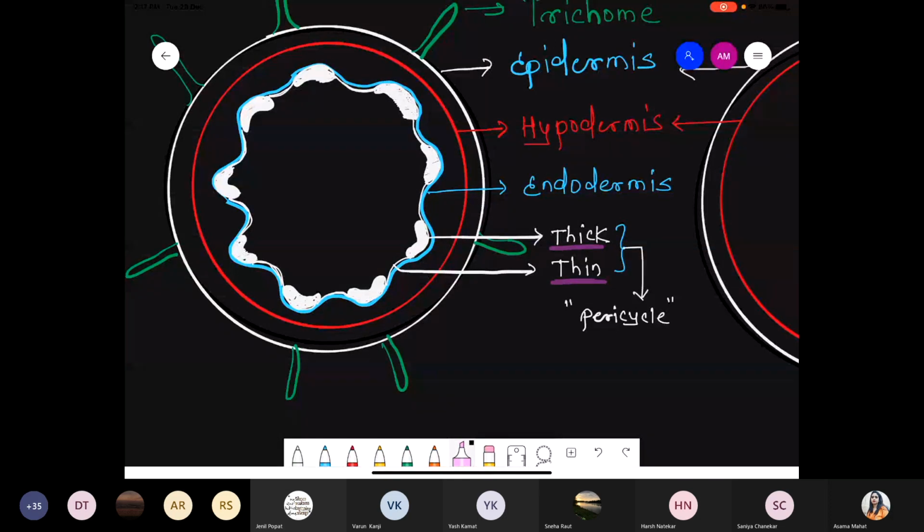हमने क्या किया? We drew the endodermis which has the zigzag structure or the vase structure, exactly below the endodermis. Now you know very well pericycle is present. But now in that pericycle, there are two different types of tissue. Number one, the thick one, and the other, the thin one. So thick as well as thin, collectively we call these the pericycle.